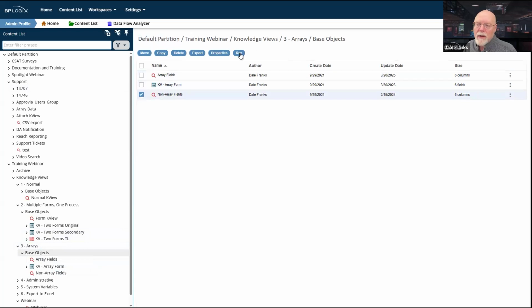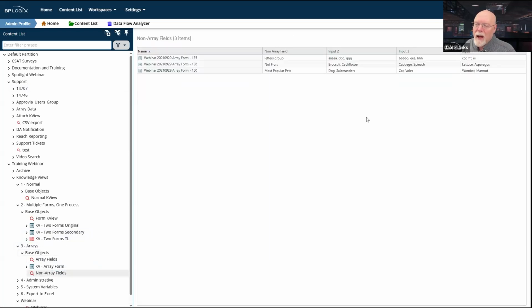I have this other one here, this non-array fields. And I can run that, and note it's a little bit different. Now I don't get those multiple rows, but what I do get is this. These comma separated lists. I've had to do something a little similar so that I get rid of my multiple rows for each form instance, because I have multiple rows in the array. So I go from having, was it 8 rows back down to 3.